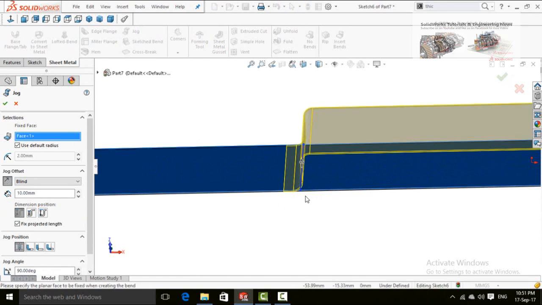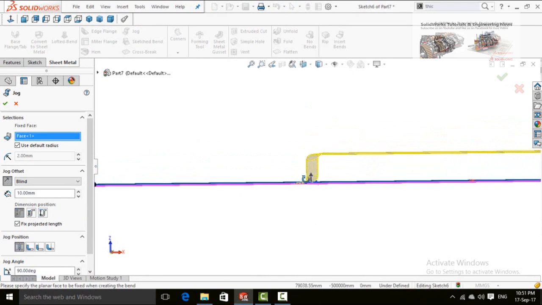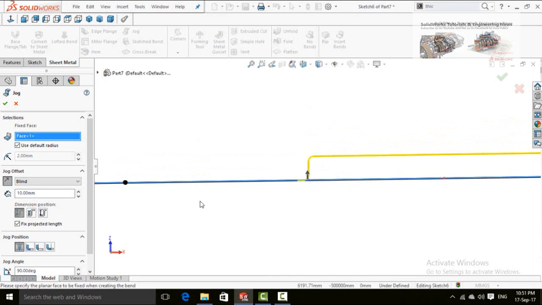Our sketch is automatically selected. So you can see there are two bends in our sheet metal. This is the distance from this point to this point.